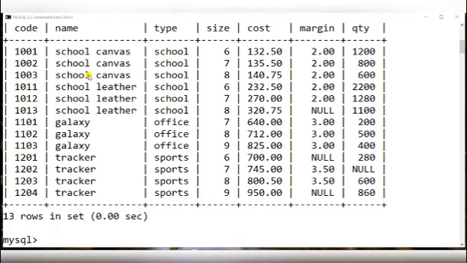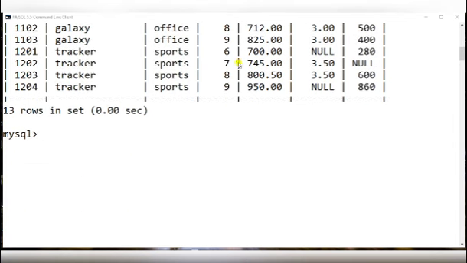Let us find out the average margin of each size of shoes. So here we have to group as per size. Select, so according to whichever column we are grouping, we must select that also.